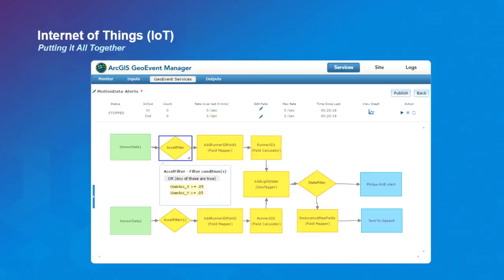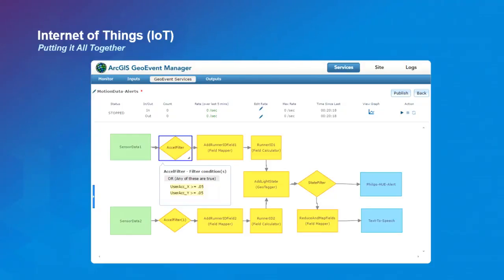So what we had to do is add some information. First, filtering. We want to filter over a certain speed, so we want to capture if there's that acceleration value we discussed. We want to know which runner we're using. And the most important one is that box that joins the two of them. That's where we added that state from that geofence. So we wanted to know if it was true or false.